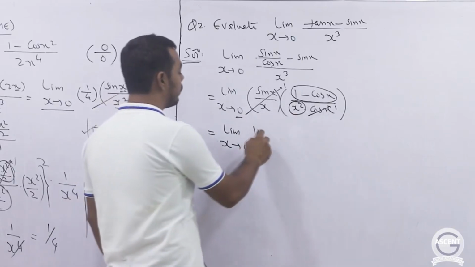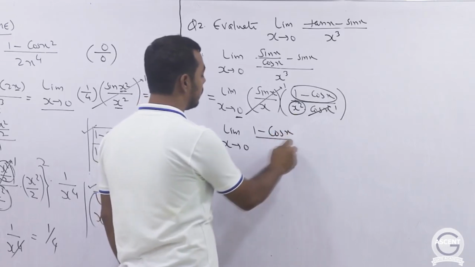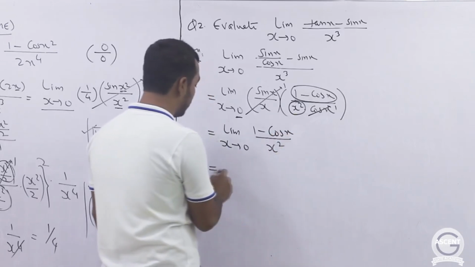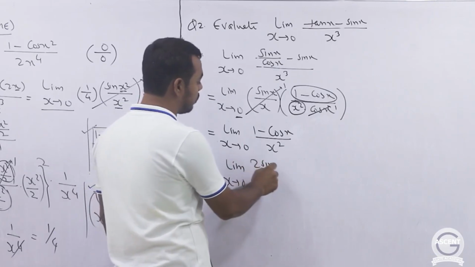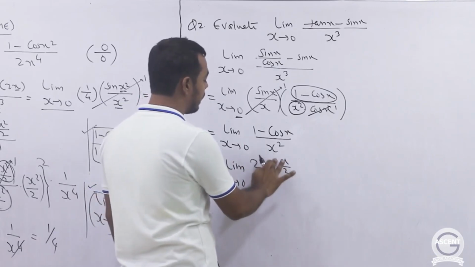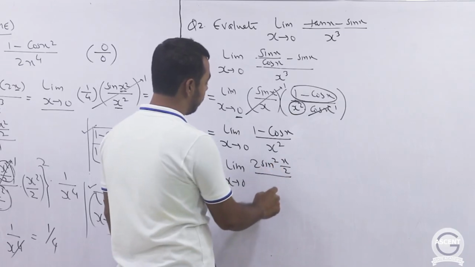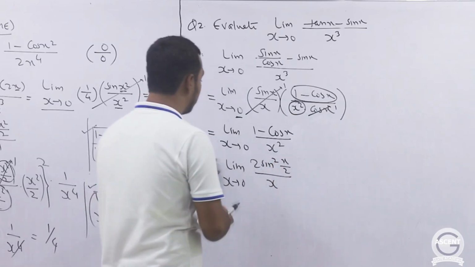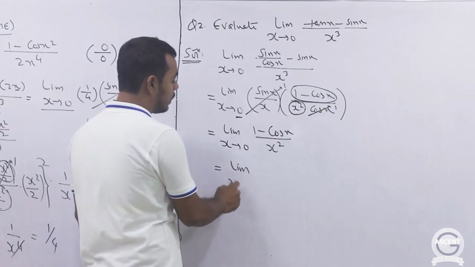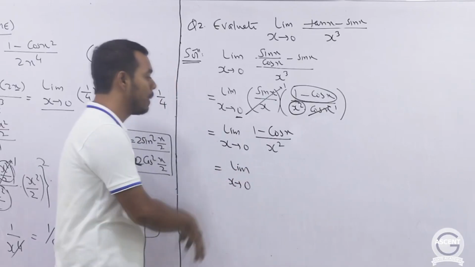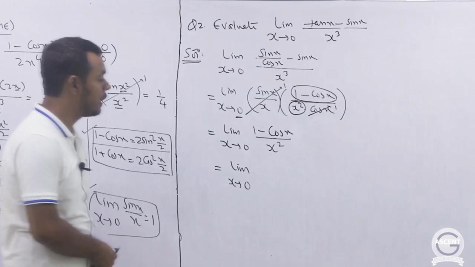So now you will get limit x tending to 0 of (1 minus cos x) by x square. 1 minus cos x will be 2 sin square x by 2, and this divided by x square. Maybe after this step it will be better to use L'Hopital rule. You can use the trigonometric identity also, but using L'Hopital rule you can see the answer in a single